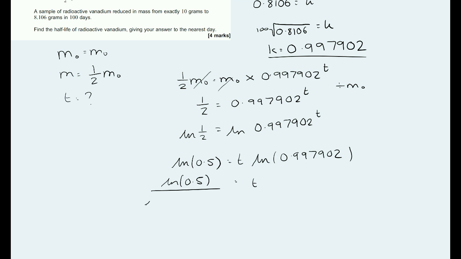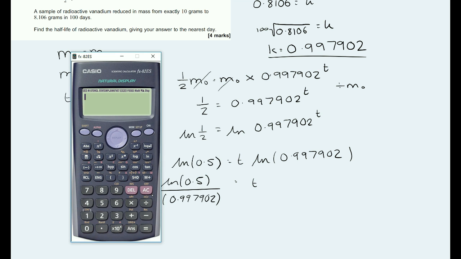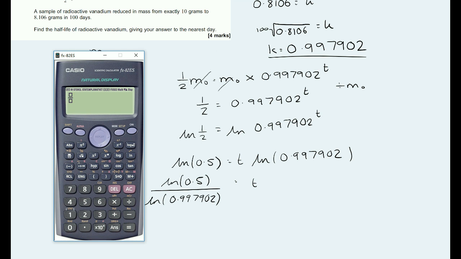For this question, it's not really the mathematics that's the big challenge here. It's actually just working out exactly what you've been asked to do. So I'll just conclude the question. We've got ln of a half, divided by ln of 0.997902, and that gives us t equals